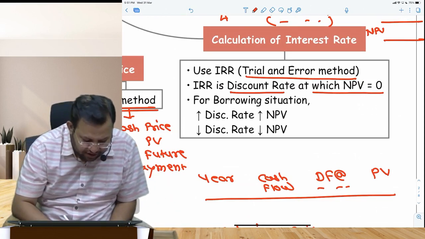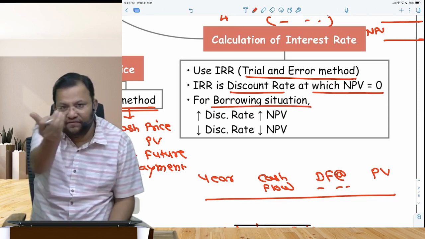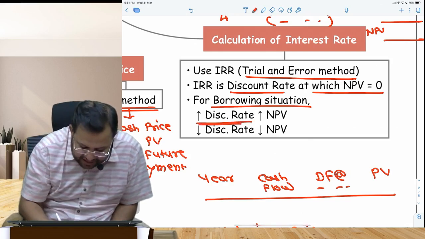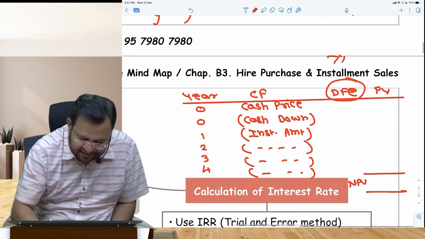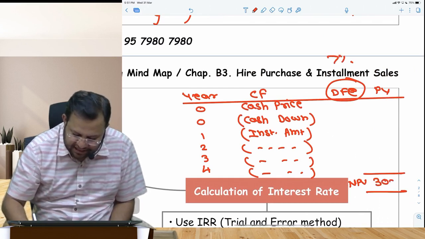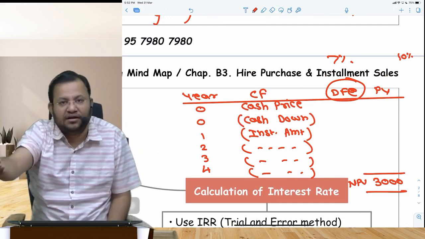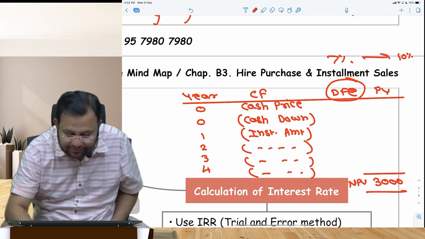So for a borrowing situation, in case, because this is borrowing, inflow is first and outflow is afterwards. When you increase the discount rate, NPV also increases. तो अगर आपने डिस्काउंट रेट यहाँ पे 7% लिया और आपका NPV 3000 आया पॉजिटिव, आप 7 से 10% पे जाओगे तो और बढ़ेगा। आपको पॉजिटिव NPV आ गया तो आपको निगेटिव चाहिए, तो 7 से 10 पे मत जाना,